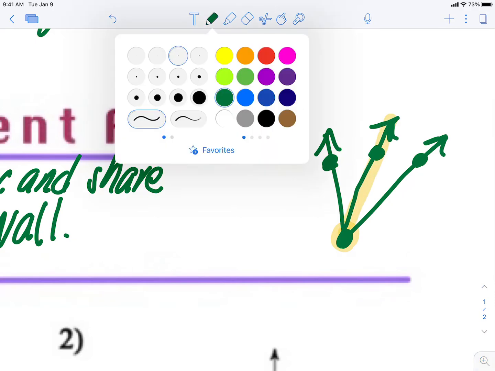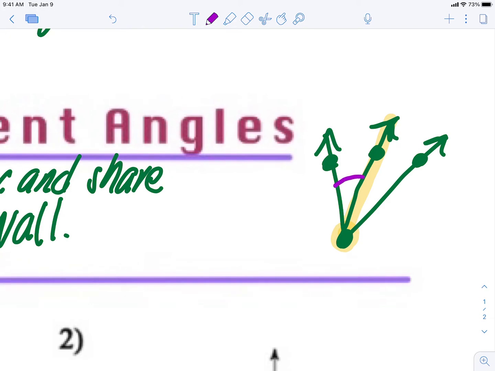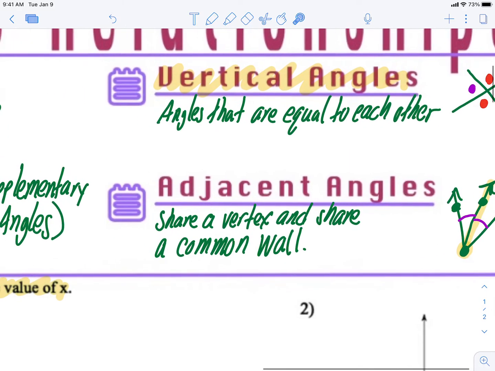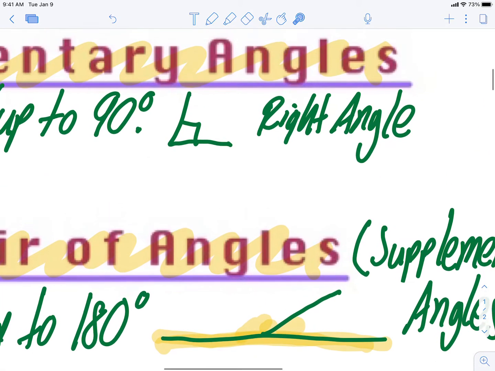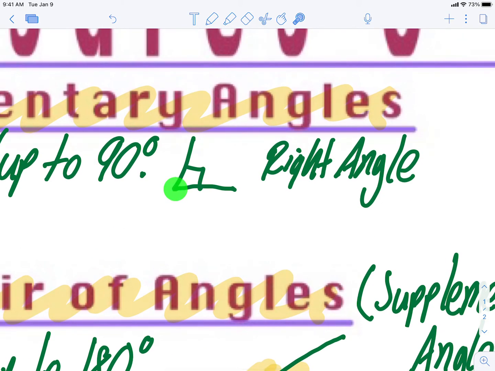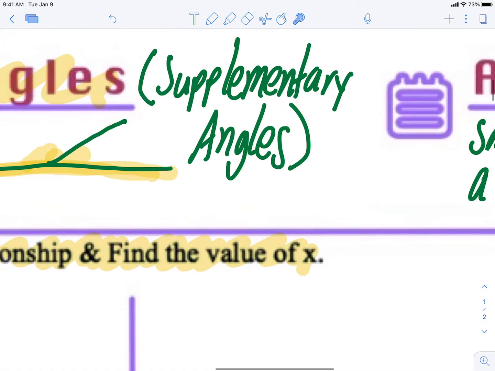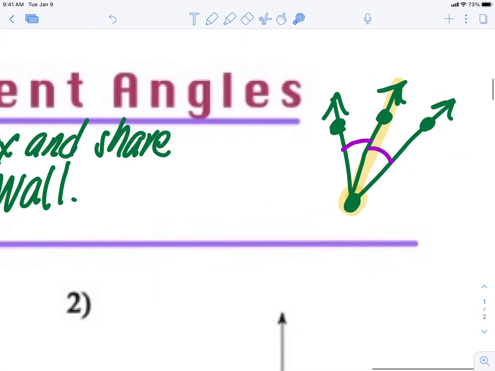So this angle is adjacent to that angle because they both have the same vertex and they share a common wall. Technically you would say that is kind of the same as supplementary. There would be the vertex, and that would be the common wall. But this one, no, not really. It would be just like supplementary,